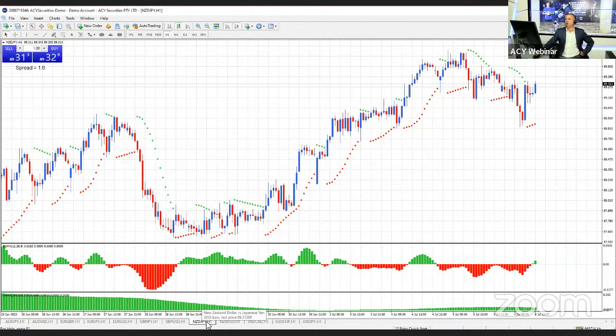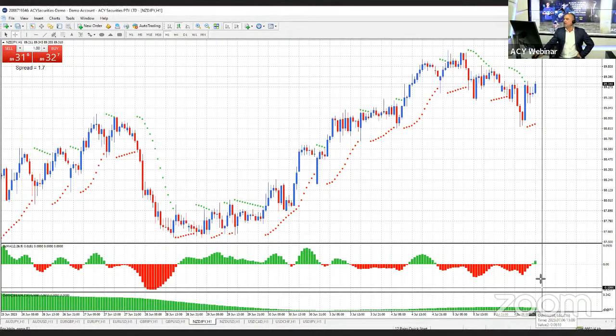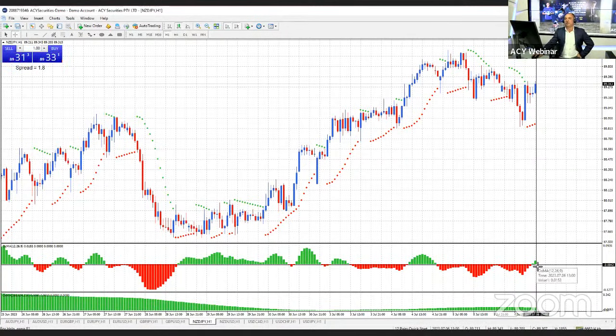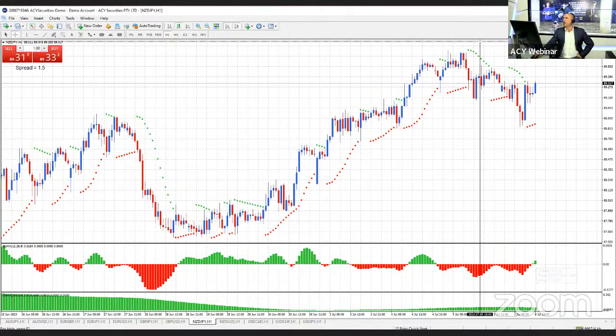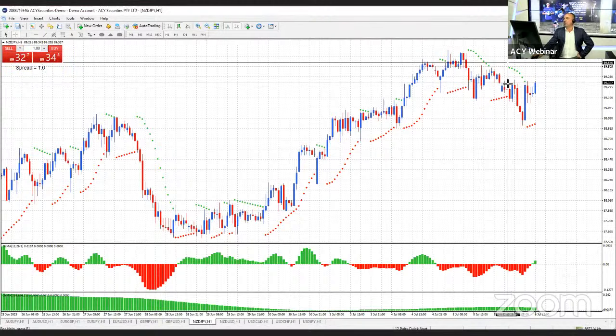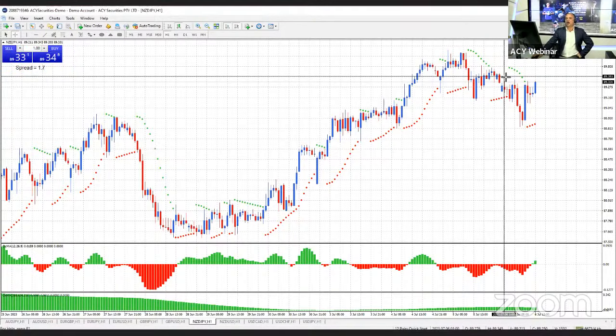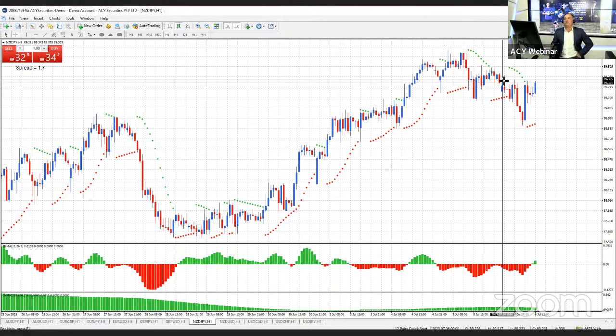Here you go. So right now we've got the New Zealand yen. So the New Zealand yen is green down the bottom here. The daily trend is up. Now the hourly trend is also up. So that's a match. So with a trade like that, I could look to enter a trade. So a trade here was actually set up a couple of hours ago. So now that it's a match, we look to trade in line with the match. In this case, it's green, green. So now we're looking to be a buyer.